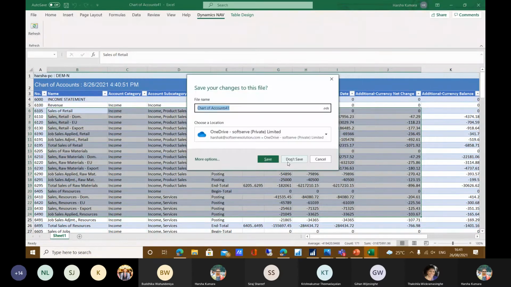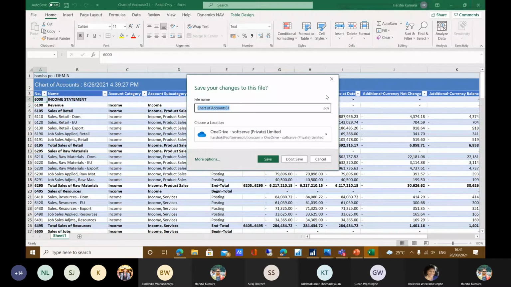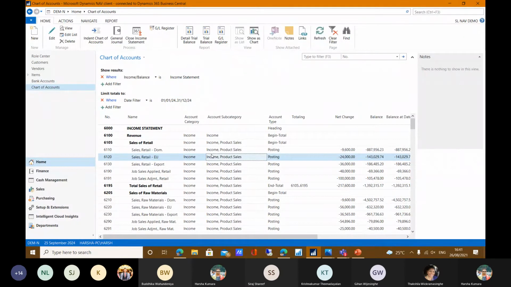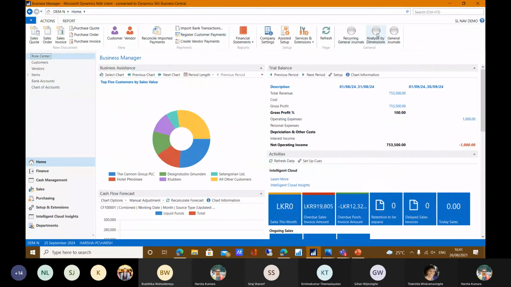And also I will show you the recurring journal. We use the recurring journal in NAV for recurring monthly payments for every entity. Normally in Sri Lanka, we have salary cost, EPF, ETF, and maintenance cost, all recurring every month. For those types of payments, we can use the recurring journal and post the data as per the recurring parameters. I will quickly go to the recurring journal, and I can see all the functions, the recurring journal and gen journal, all available in the chart of accounts list page.